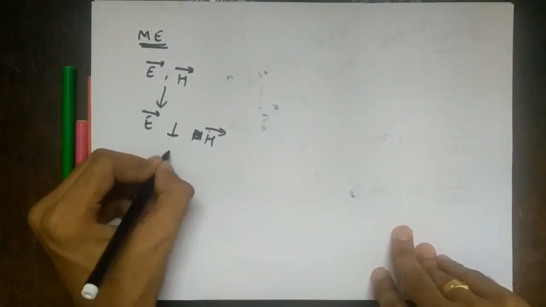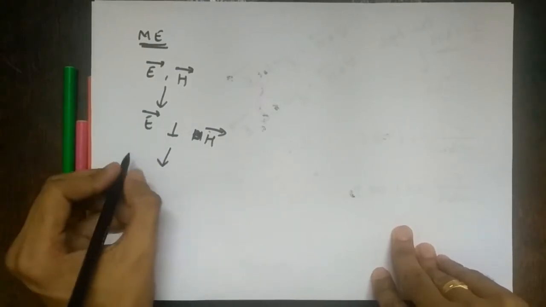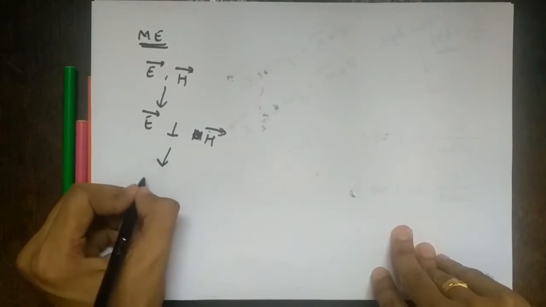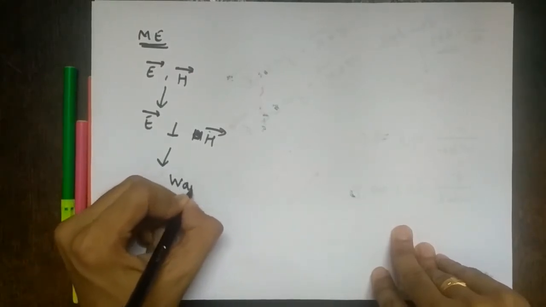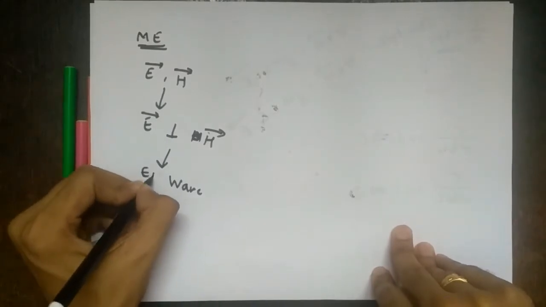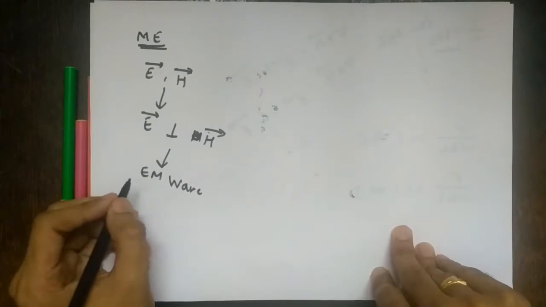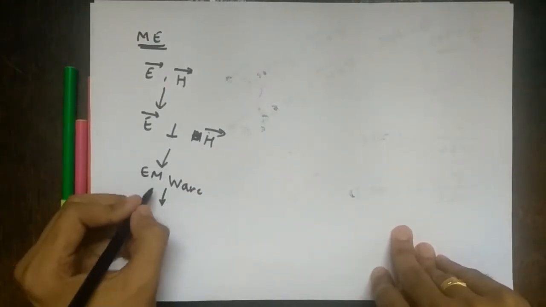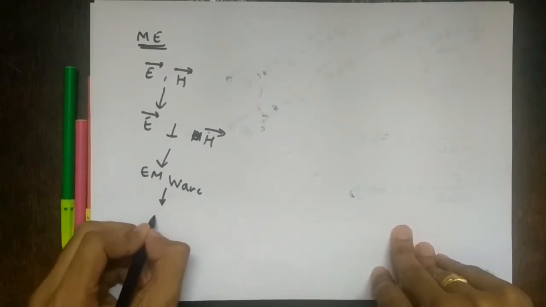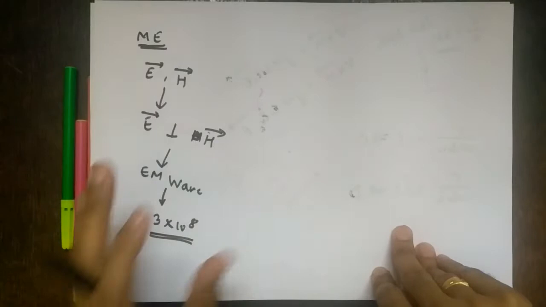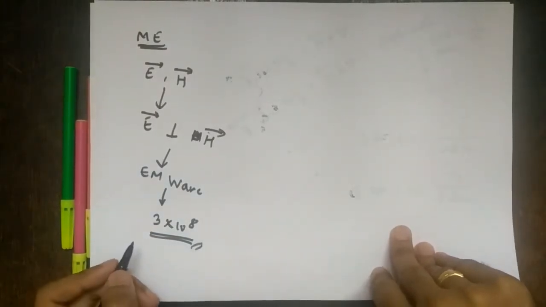to each other. Then we proved that Maxwell's equations indirectly tell us that the fields exist in the form of waves, and since E and H are always together, they are called EM waves, electromagnetic waves, and that's where the name of this course has come from, electromagnetic engineering. So we have EM waves. Then we further proved that they are traveling at the speed of light if the medium is free space. This is what we have proved so far. We stopped at this point and then we started numericals, right?